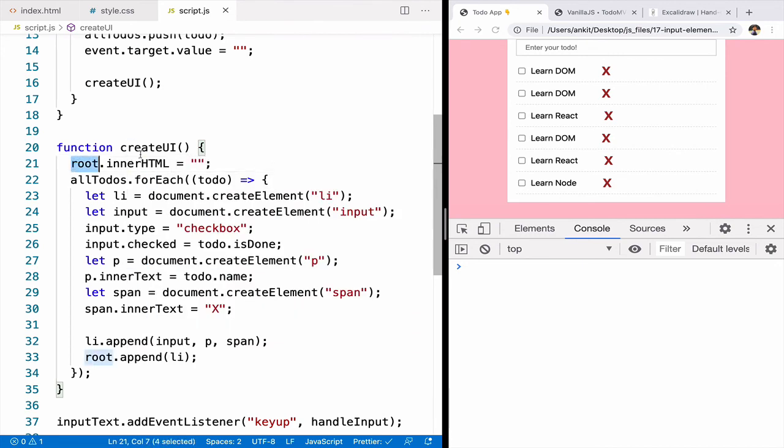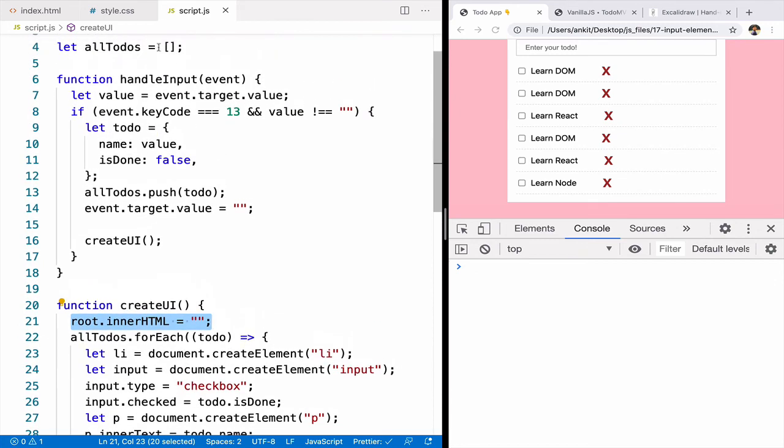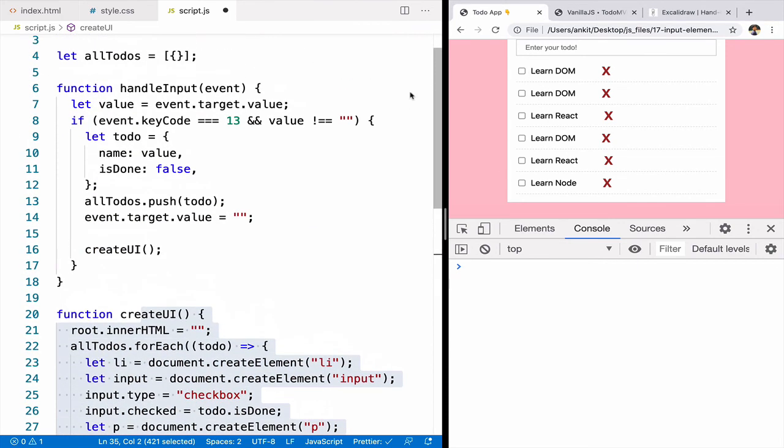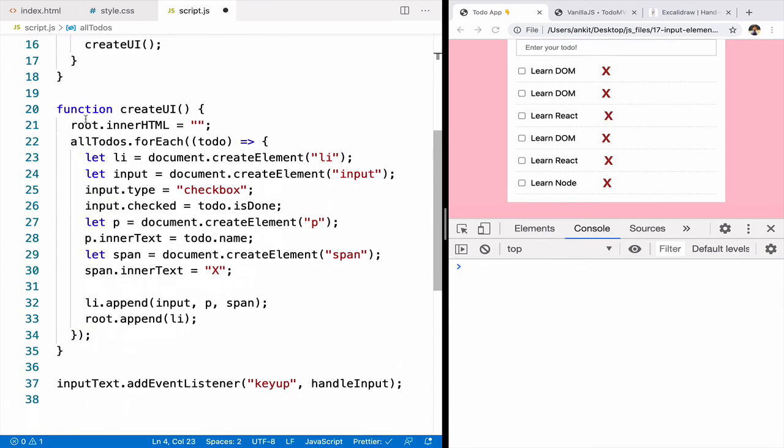The reason we have to do that is because for the first time there will be one to-do like this. This function will run, there will be one. Now there will be a second to-do, so we'll go ahead and add the second one. Now there are 2 to-dos. So what happens? This function will run again, and for each of them it will go through and create this list and put it into UL.